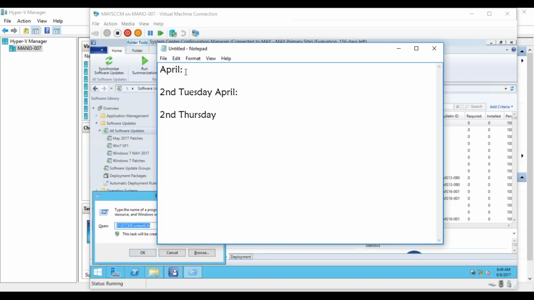So what I'm saying, we are in the month of April, okay? And on the second Tuesday, Microsoft has released patches for both servers and client machines, right? On second Thursday, after a couple of days, what we are doing here is we go to the All Software Updates node, that is here, and what we do is we add criteria